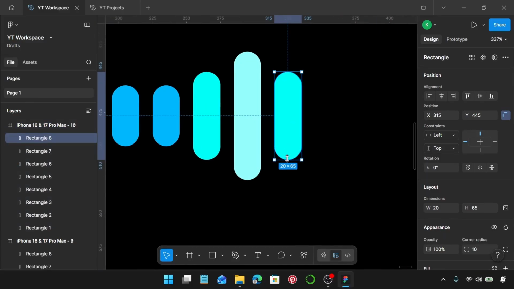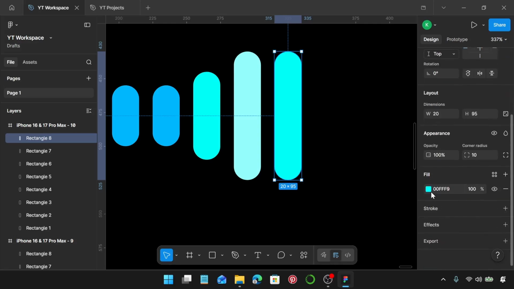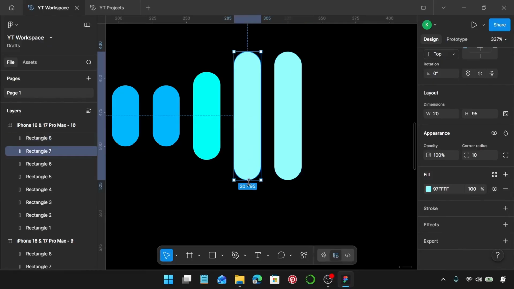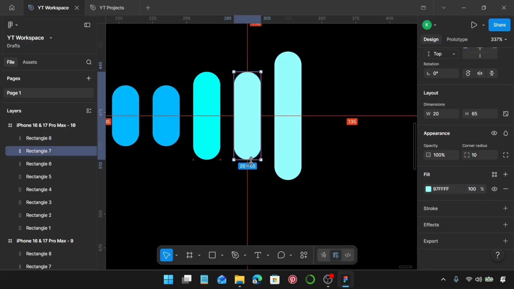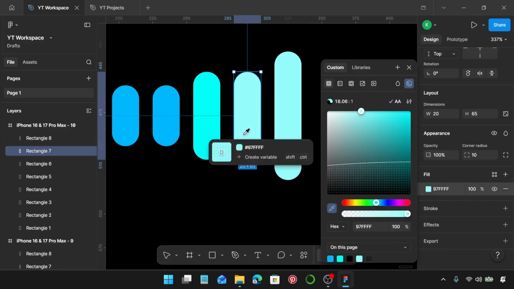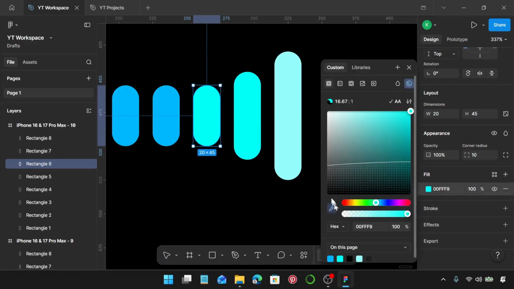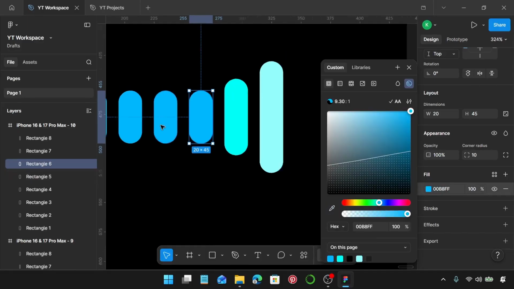So this, we are going to increase the height. So I'll increase the height of this one like this, and then we're going to change the fill, change it to this. Select this rectangle, hold Alt, reduce the height to 65, and then I'm going to change the color to this. Select this rectangle, reduce the height. Let's change the fill, and I'm going to change the color to this,